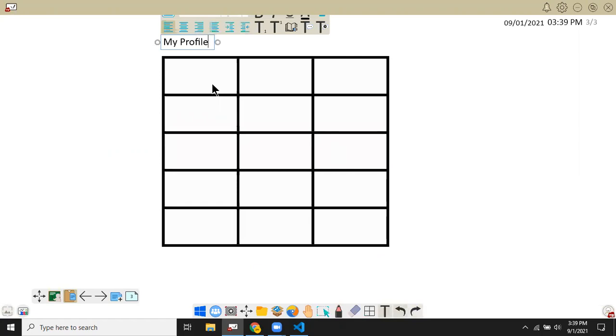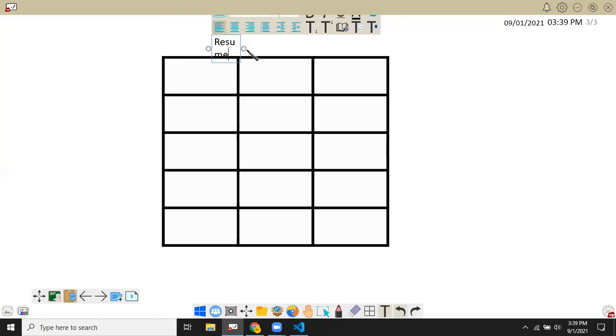You call it my profile, or you call it a resume, or whatever you call it. So let us use something called a resume. Now this message, what is it, resume, right? So I want to put it in the center of my screen. That is my table caption. I want to have it. Now here, we want to have the information to be displayed. What is that information that we want to display, that we'll see. So this is the assignment part for you.